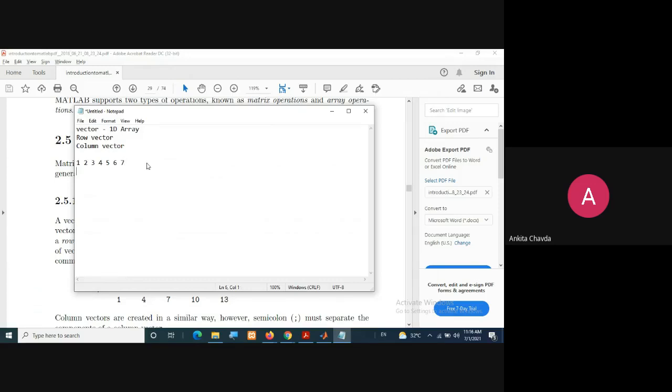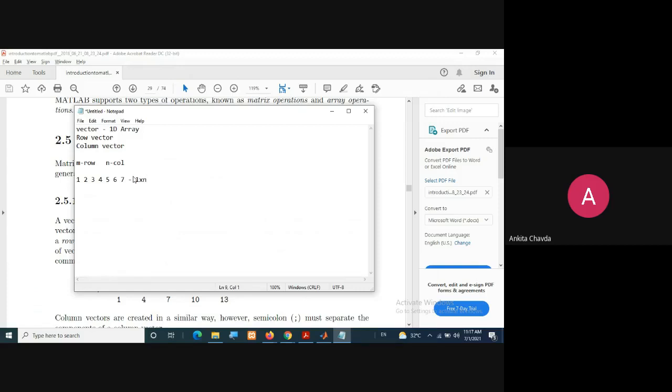So what should be the dimensions here? M is for row and N is for column. Here I'm having a single row but multiple columns, 1, 2, 3, and so many, right? So the dimension could be 1 cross multiple columns.